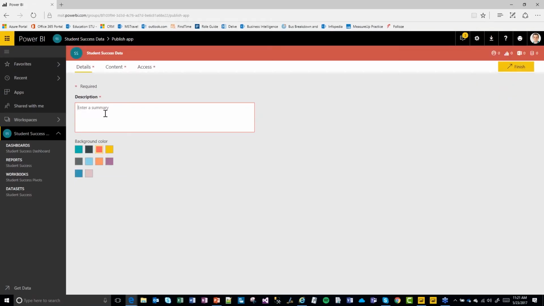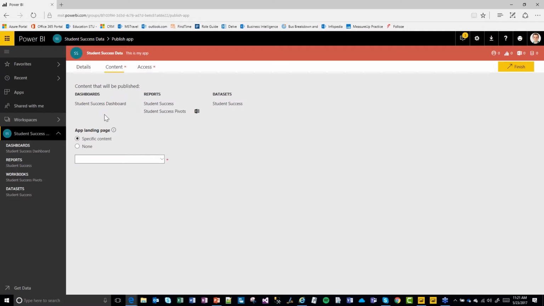I can give it a little bit of color branding. I can give it some sort of description here that would indicate to the users what is included in this content. I can see the content that is included in this app workspace. Now, one thing I'll point out here is that, like when you created content packs before, how you could check what was part of that content pack, this app has a one-to-one relationship with this app workspace, and that means that whatever content is in this app workspace would also be part of this app. So if you want to put content in this app workspace that should not be deployed as part of the app, then you would need to put that in a different workspace.